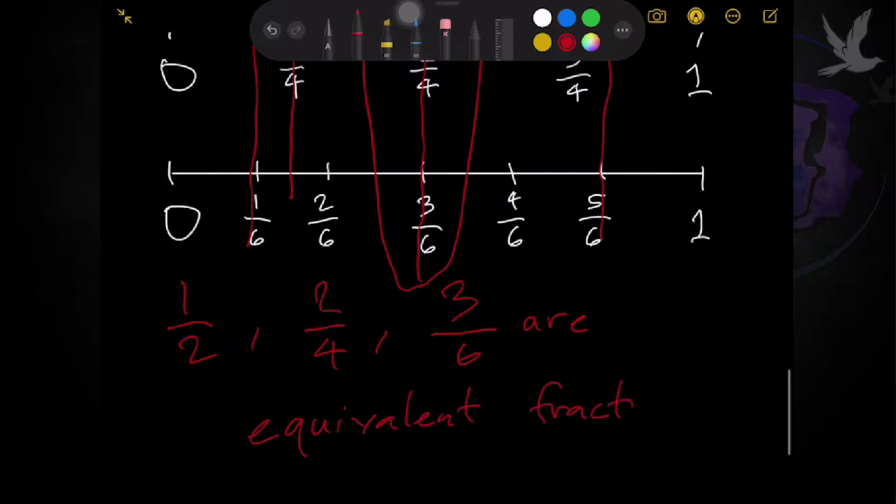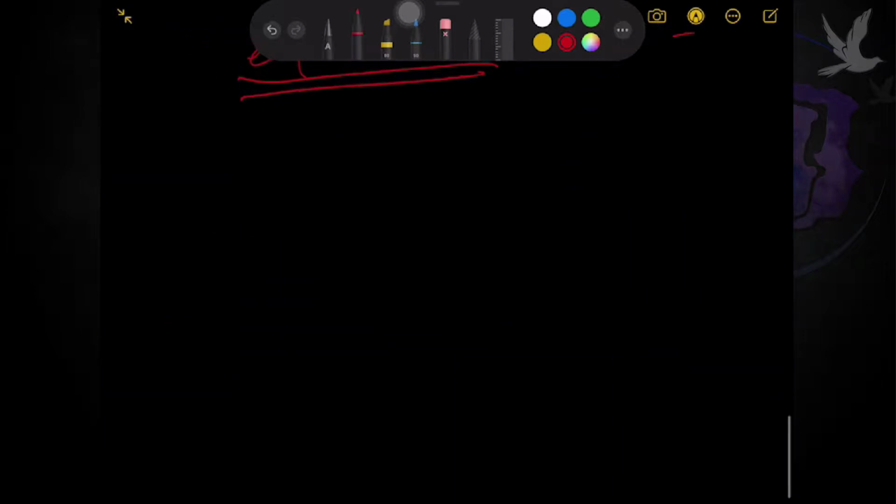What do you mean by equivalent? Ibig sabihin, the same. Okay? The same ang fractions natin. They are all the same in terms of value. Okay. So, ngayon naman, for your page